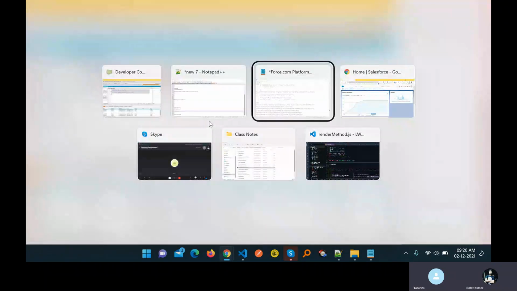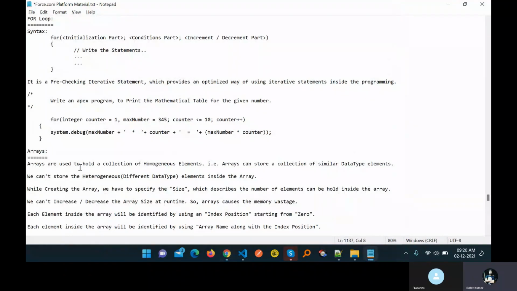So this is another topic. Arrays are used to hold a collection of homogeneous elements. So what is a homogeneous element? No, I don't know. Okay, no problem. There are two things under the collection and array.